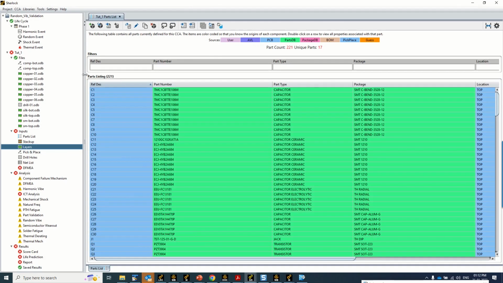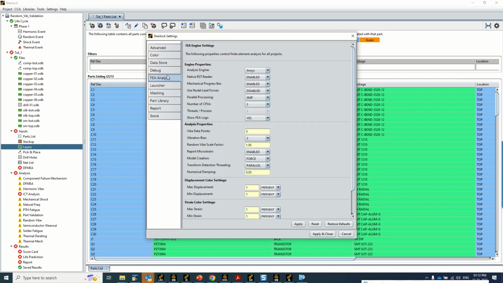Before we import the results file, there are a couple of settings we need to do here. One is setting FEA analysis. Sherlock allows you to calculate the life of the leads either using the strain or using the nodal force values. By default, it uses the nodal force values from the lead. For this demonstration purpose, I disabled that, so let it process by strain rather than using the nodal lead